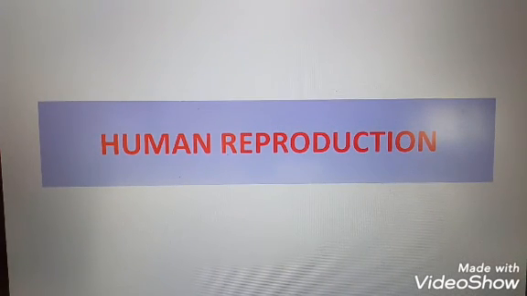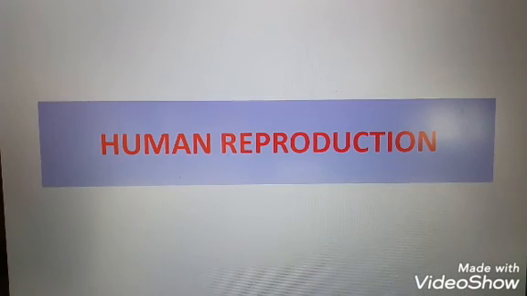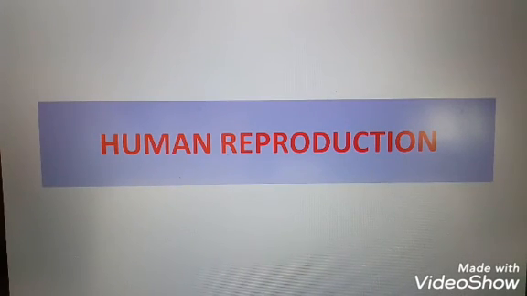Clear it is. The next question is also a flow chart. Given below is a flow chart showing the ovarian changes during the menstrual cycle. Fill the space with the hormonal factor responsible for the events. So here it asks which hormones are helping. Primary follicle gets converted into Graafian follicle. Which hormone helps in the conversion of primary follicles into Graafian follicle? FSH and estrogen.